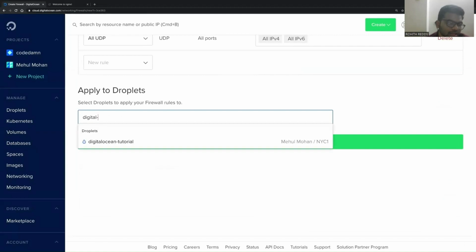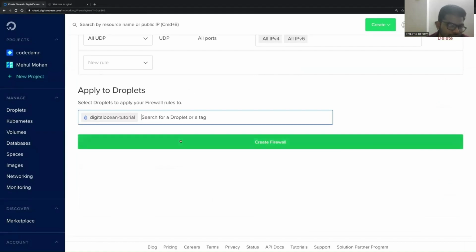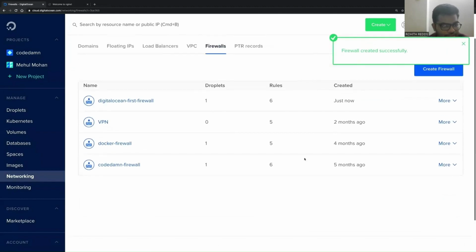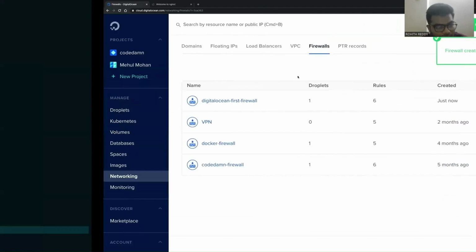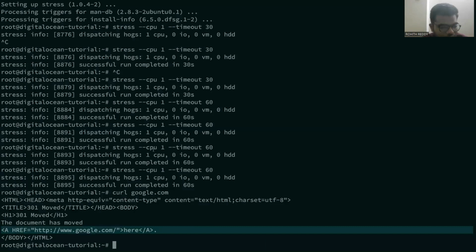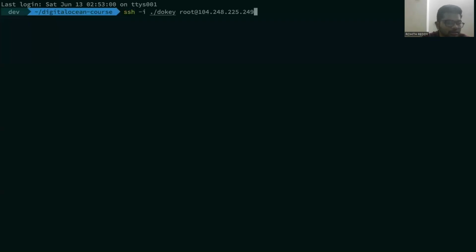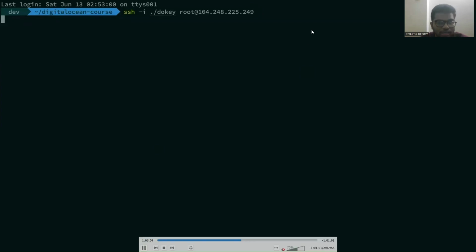So in order to make all these changes, we have to create a name for the droplet, and then we are going to update the settings, and we can use it. Now I'm going to show how we can use it. You can open the terminal, and then you can use the curl command to see this. So here now I'm going to use the curl command along with the